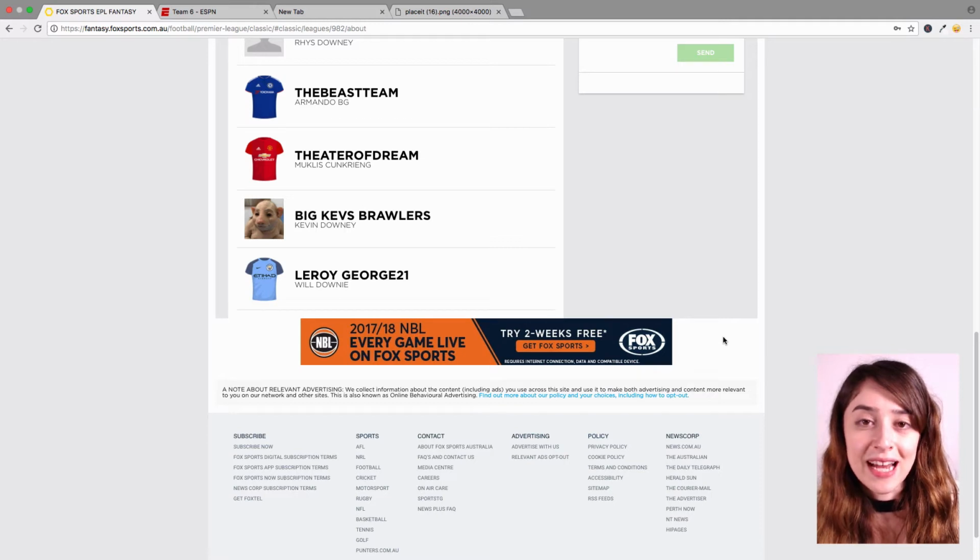Today we're going to take a look at how you can create a custom sports logo for your fantasy sports team. So many people who compete in fantasy sports leagues tend to get quite creative when coming up with their team's name, but what they don't take advantage of is the option to also create a custom image or logo